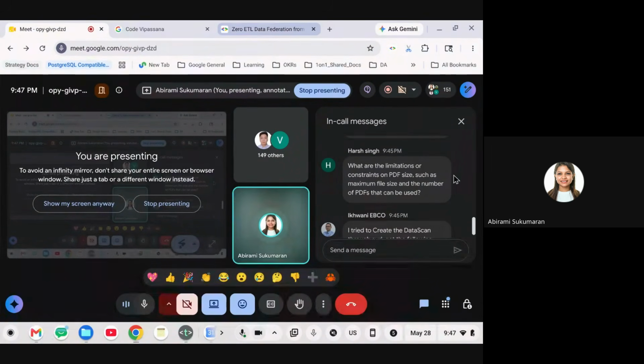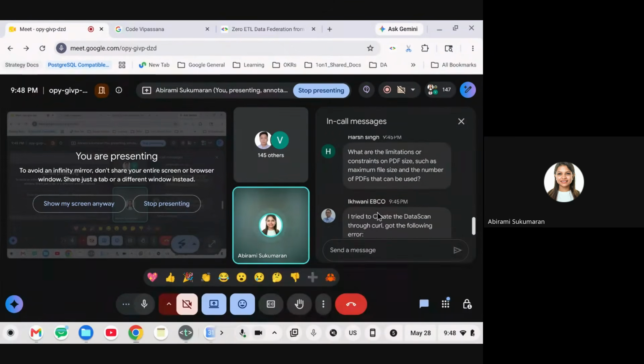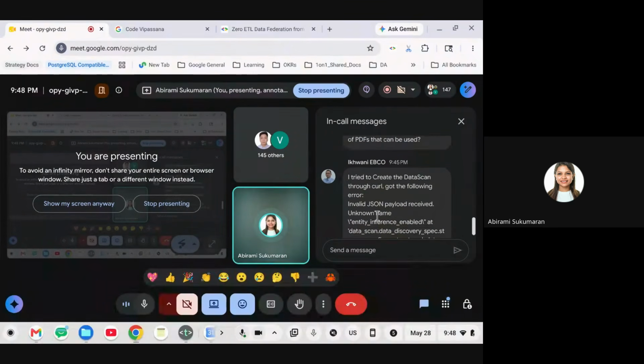I'm just saying, I don't think there were any limitations as such that were mentioned. It depends on the size of the file that you have. It will increase the time it takes for your semantic data scan job to complete. How can you say your PDF has to be this much size alone? Because you can't limit it that way. But go through the data scan job and see if it has any limitation. So far, I've not seen any limitation on that.